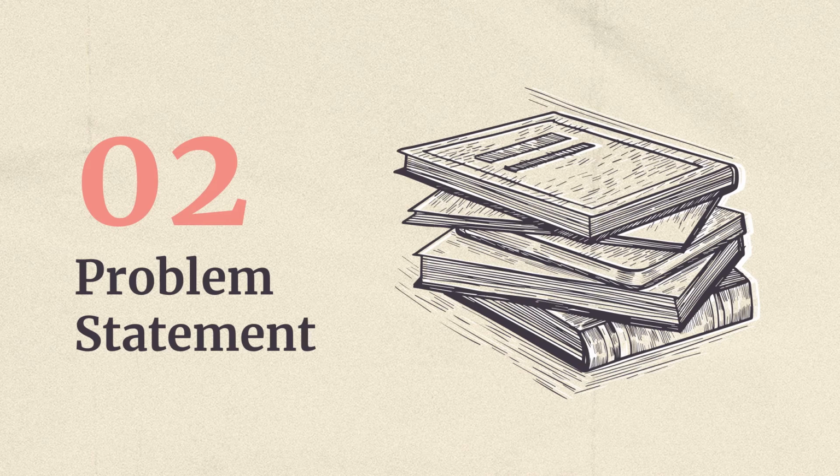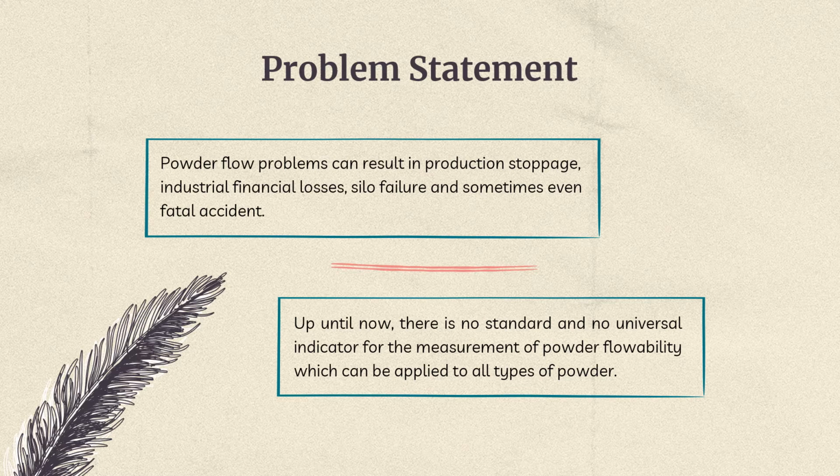In the powder processing industry, some powder flow problems which may occur in the production line can result in production stoppage, industrial financial losses, silo failure, and sometimes even fatal accident due to grain entrapment. Thus, predicting powder flowability plays a crucial role in powder handling industry. Up until now, however, there's no standard and no universal indicator for powder flowability measurement which can be applied to